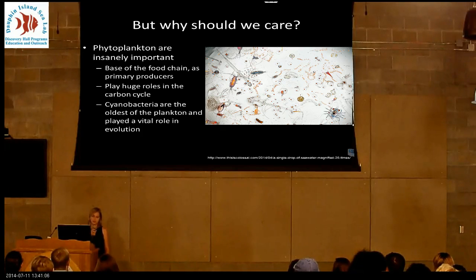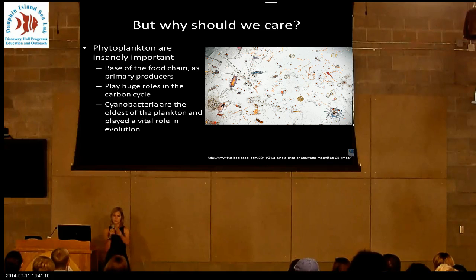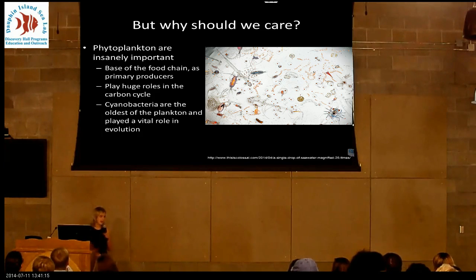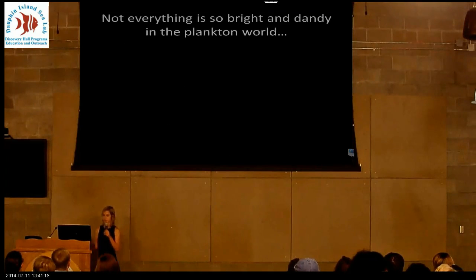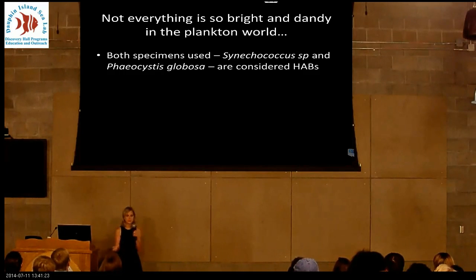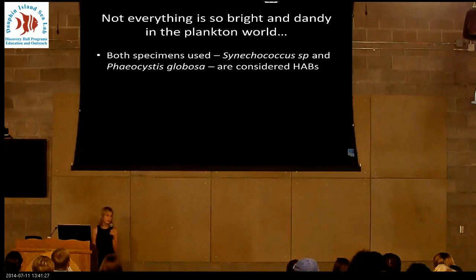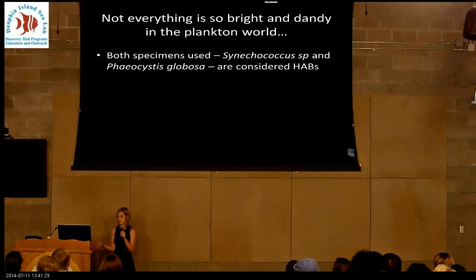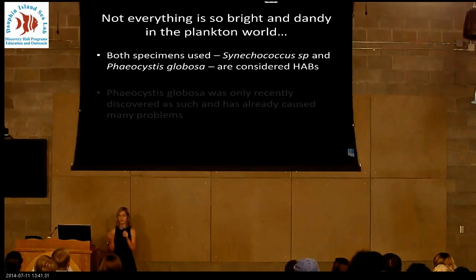PAR, or photosynthetically active radiation, which is basically just a fancy word for sunlight, affects growth rates in phytoplankton. The reason I wanted to do this was because there are two really big groups of plankton, zooplankton and phytoplankton. And phytoplankton are the little algae in the water that do so many crazy good things for us. I hypothesized that phytoplankton exposed to higher amounts of natural sunlight, but not extreme levels, will grow at a faster rate.